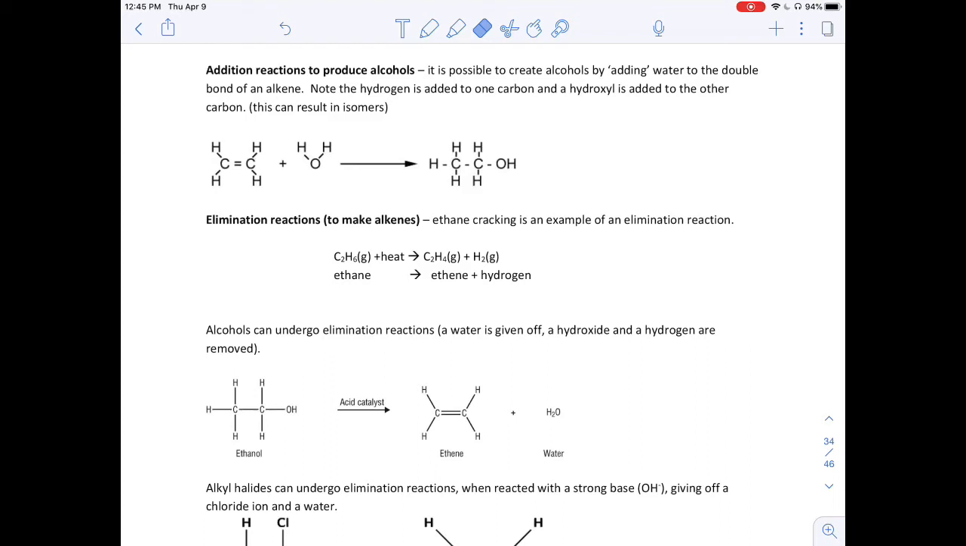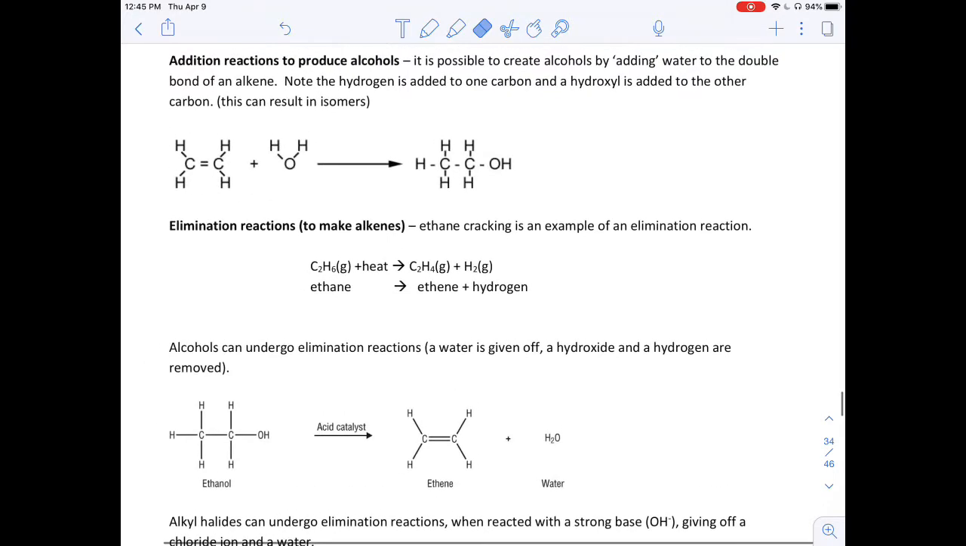In this video, we're going to quickly look at some organic reactions that apply to alcohols. So the first reaction is addition reactions. It's possible to do an addition reaction to produce an alcohol, but what you're going to use is a water molecule, and the water molecule is going to act like an HOH. So at one carbon, you're going to get a hydrogen, and at the other carbon, you're going to get a